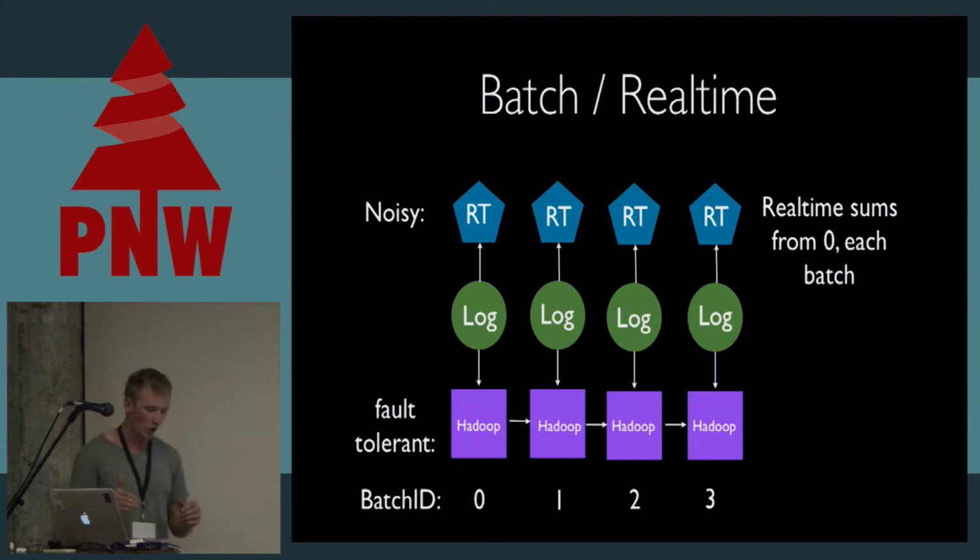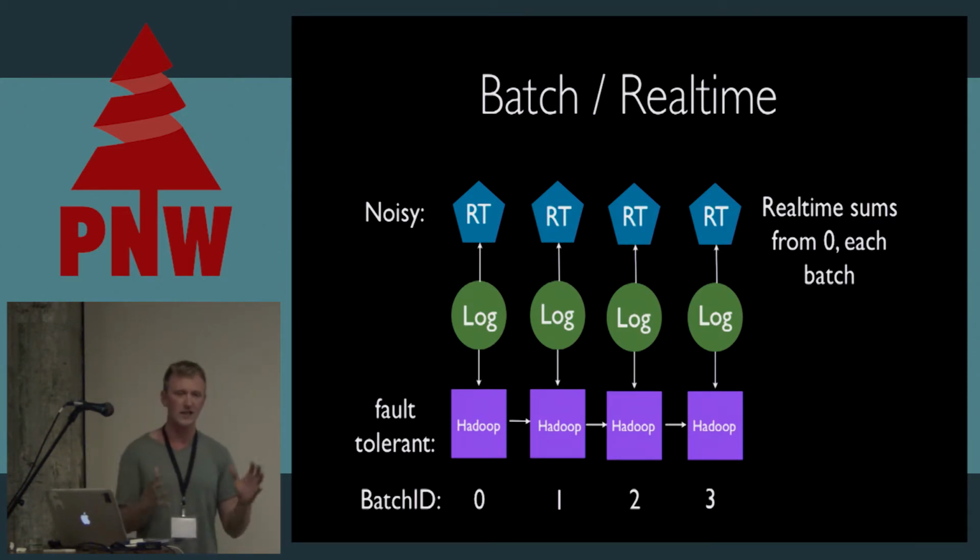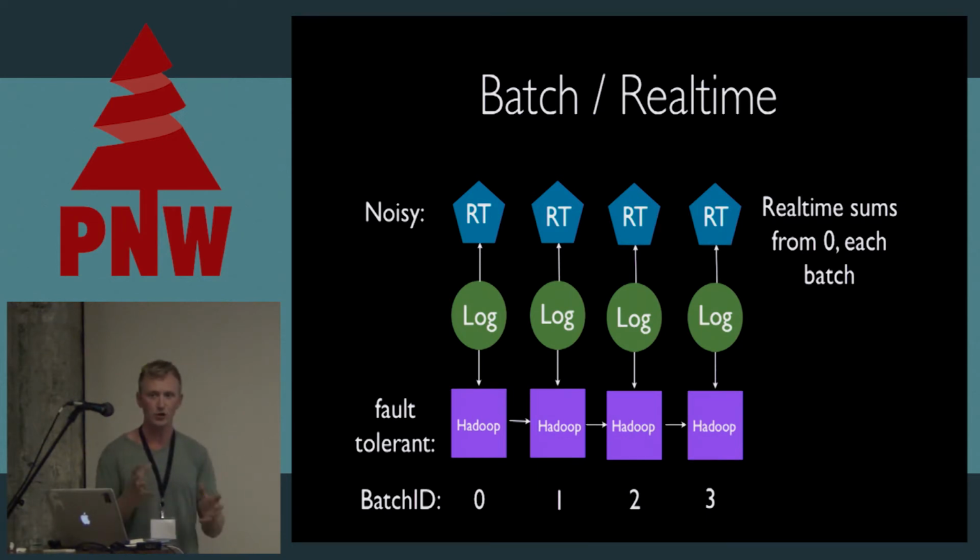Okay, so the other thing that the monoid let us do, it just sort of fell out of the works, which is wonderful, is this combination of batch and real-time output. So are you guys familiar with this? Nathan Marz has been speaking about this idea of the Lambda architecture, like this kind of way of, okay, so